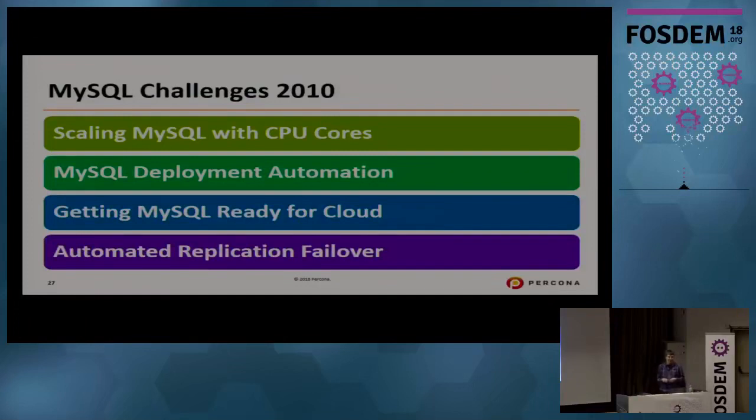We also had a lot of work put into MySQL deployment automation. We had a lot of very large MySQL environments at that time, which had to be managed by very small teams of DBAs, right? And that's where automation, using Puppet to manage MySQL and stuff like that, became important. Also, much more prevalent cloud made MySQL automation more feasible, right? Because it's much easier to automate everything if you have programmable infrastructure. You can spin up, spin down instances, compared to when your automation is limited because in the end you have to have somebody come and rack a new server.